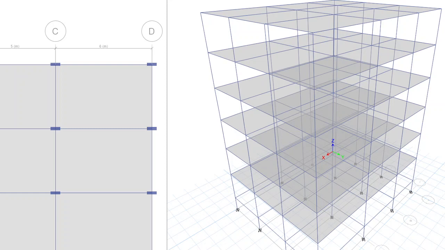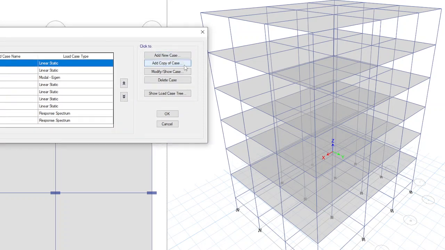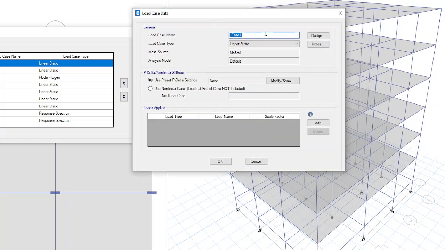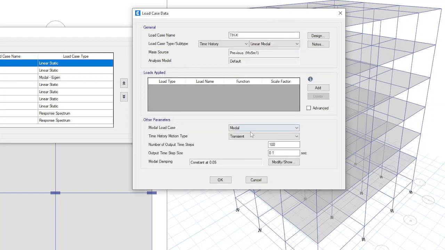Go to define, similar to response spectrum. We need to define the time history load case in x and y direction. Go to load case, add new case. Here you can name it as THX, time history in x direction. In the second row drop down, select time history.